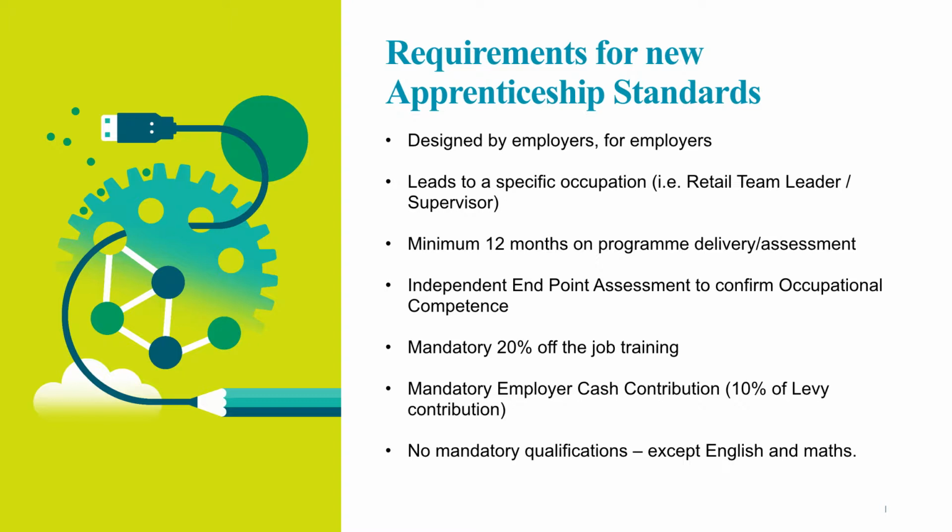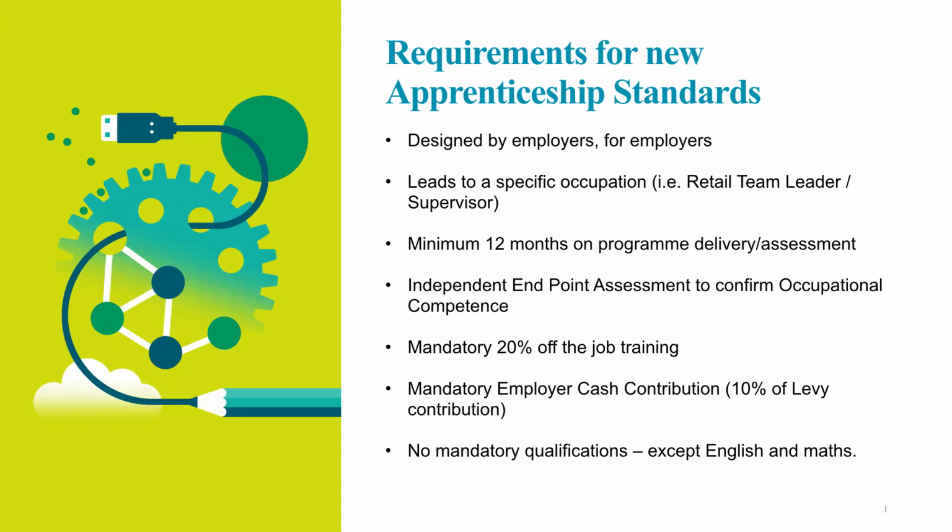So some of the key criteria are that it's designed by employers for employers. So a group of employers will get together and they will decide what is needed for an occupation within their sector. So in retail, we're looking at retail team leader or supervisor, retail manager, and someone who is a retailer. Again, as with current apprenticeships, the Richard Review and employers wanted to make sure that there was some rigour attached to this, and they wanted to make sure that it was a minimum of 12 months on programme delivery and assessment. So that's quite critical for the apprenticeships, much like it is now, that they have to be at least 12